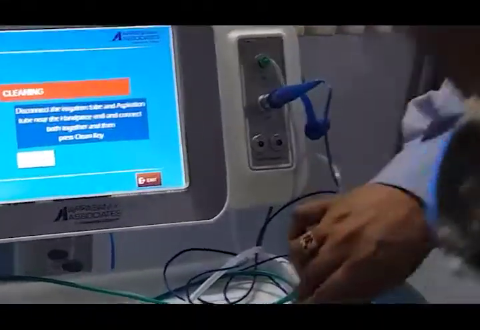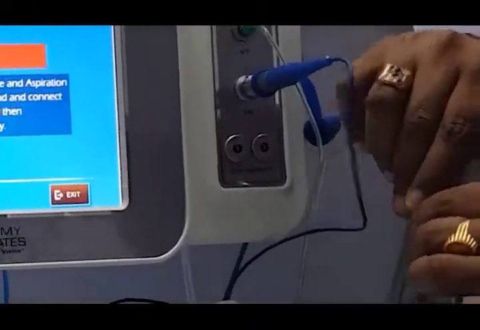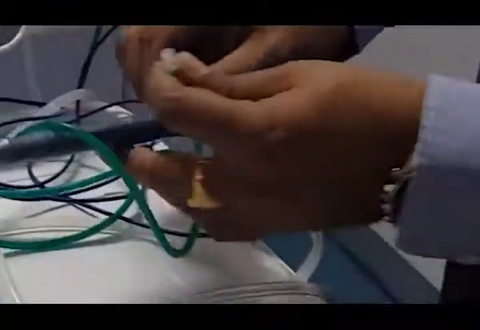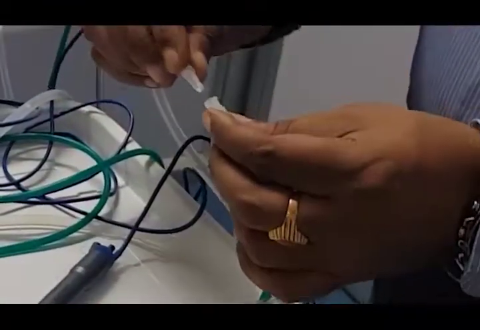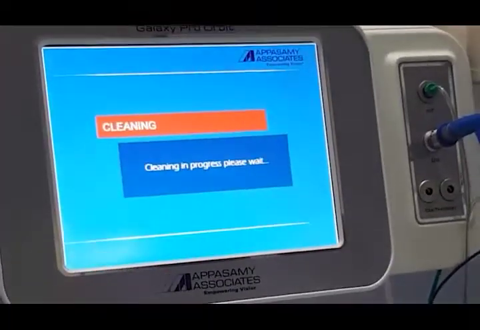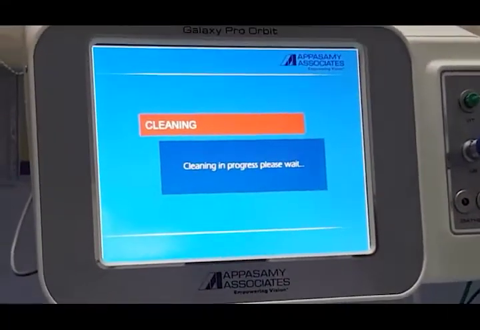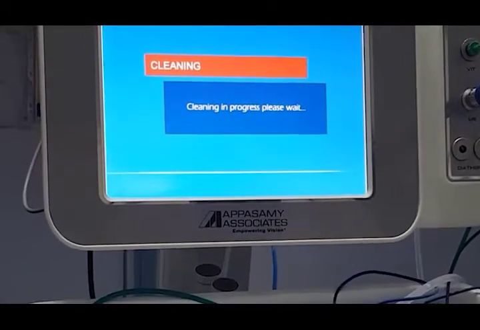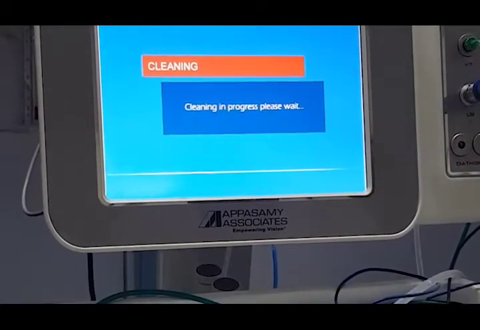Then remove the aspiration tube and the irrigation tube, connect them together and press the clean button. Now the cleaning procedure will be done continuously and it will stop automatically.